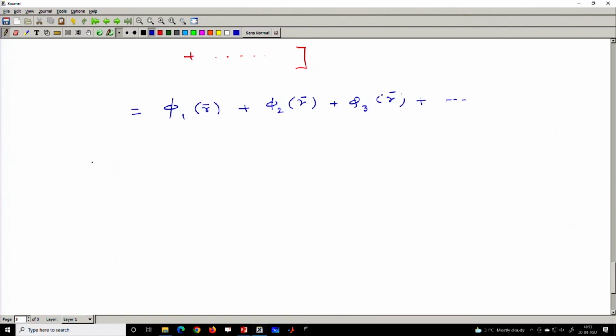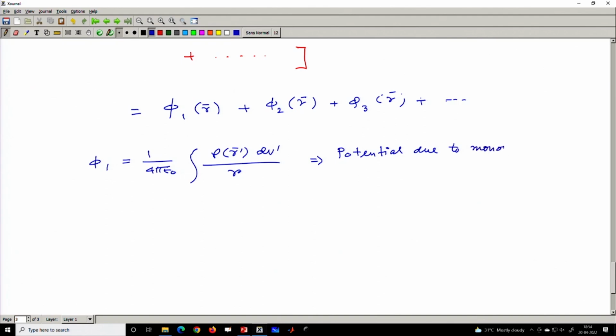So, what is my phi 1 here? If I look carefully, it is 1 divided by 4 pi epsilon 0, integration of rho(r prime) dv prime divided by r. This is a known term, right? So, this term is nothing but the potential due to the monopole, the contribution of the potential. What about phi 2 here,